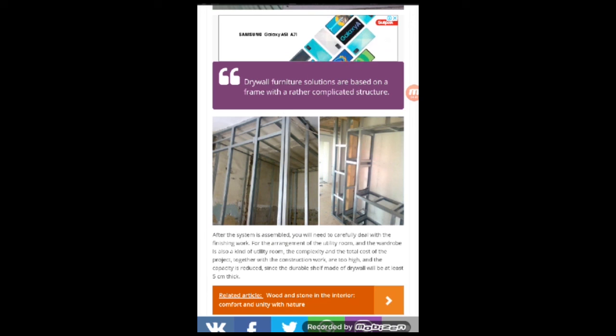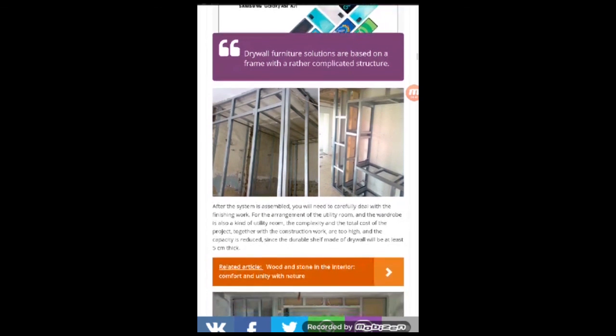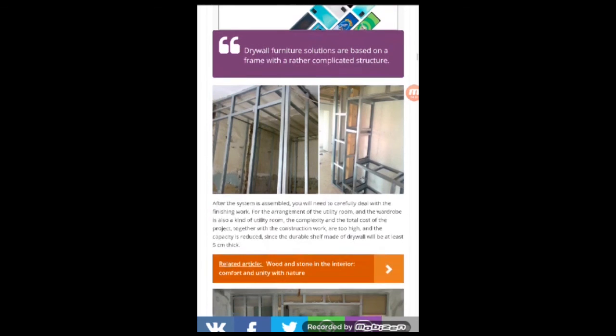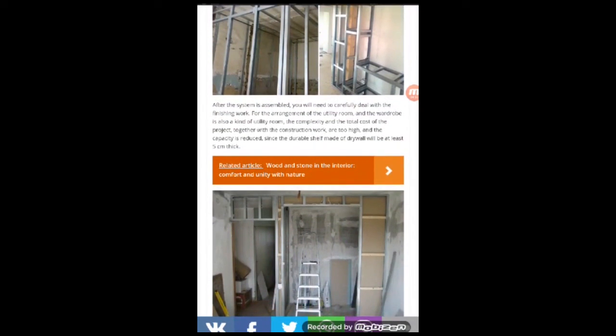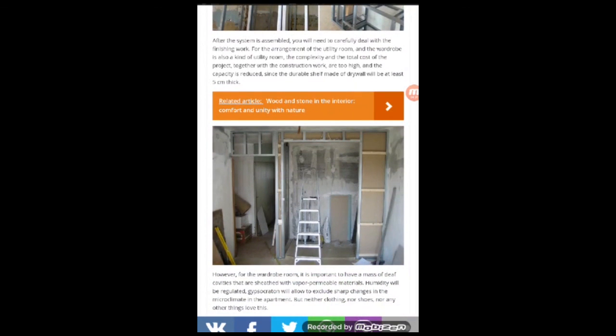After the system assembly, you will need to carefully deal with the finishing work for the arrangement of the utility room, and the wardrobe is also a kind of utility room. The complexity and the total cost of the project, together with the construction work, are too high